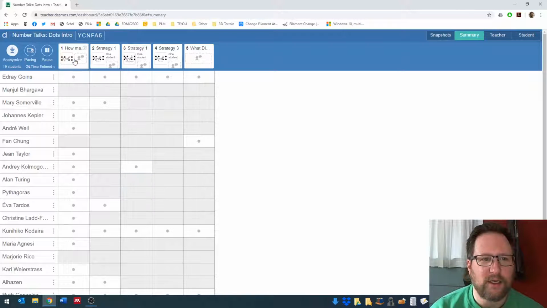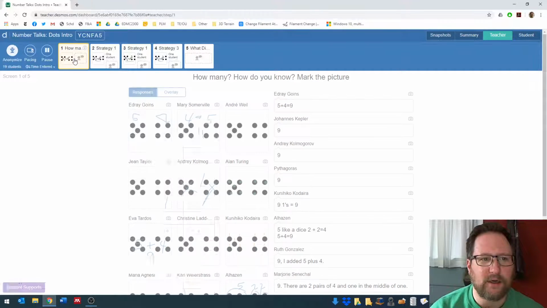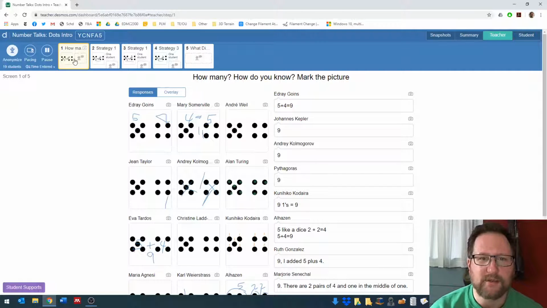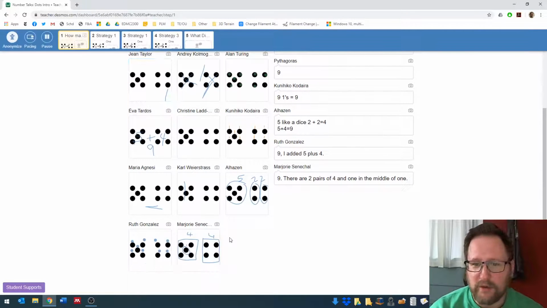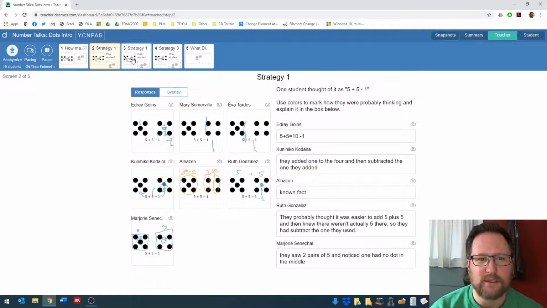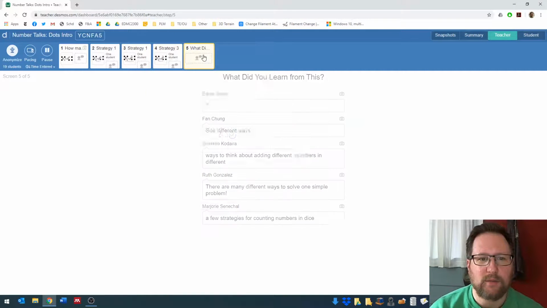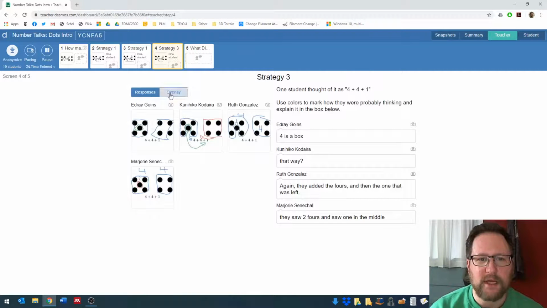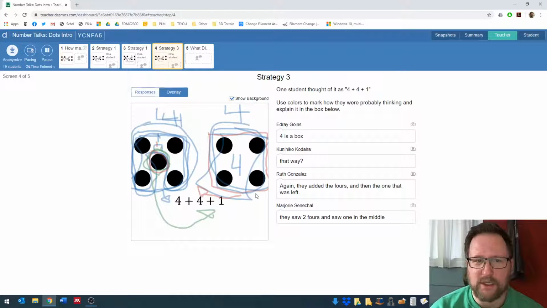If I want to look at an individual screen or a problem or prompt that they responded to, and I click on that, it will show me everyone's responses. Now this one has 19. You will have more in a class of 35, but you can get all of them together at once, and then you can click through screen by screen. And you mostly want the responses option. Overlay would show all their drawings on top of each other, which can be interesting in some situations,